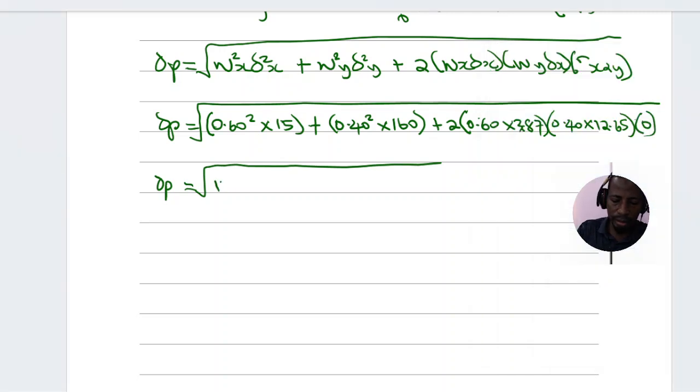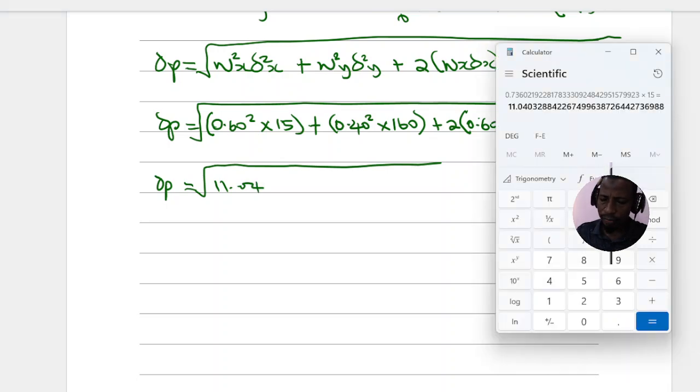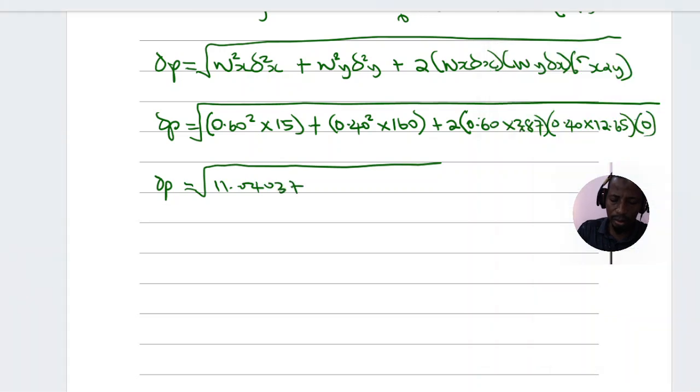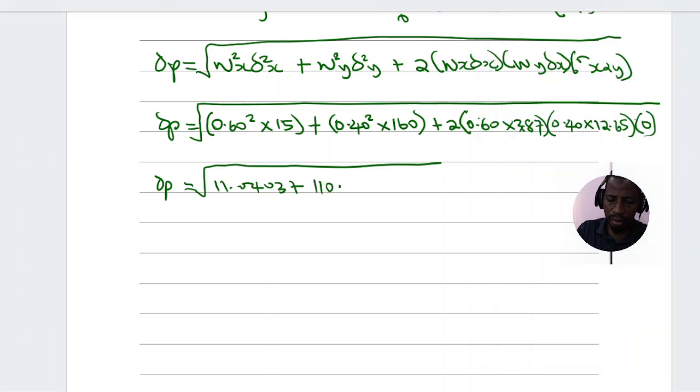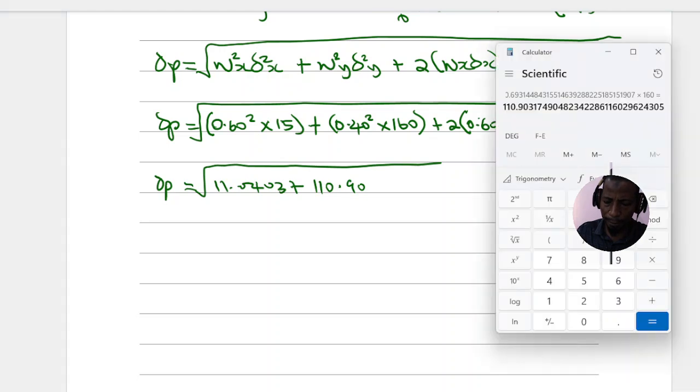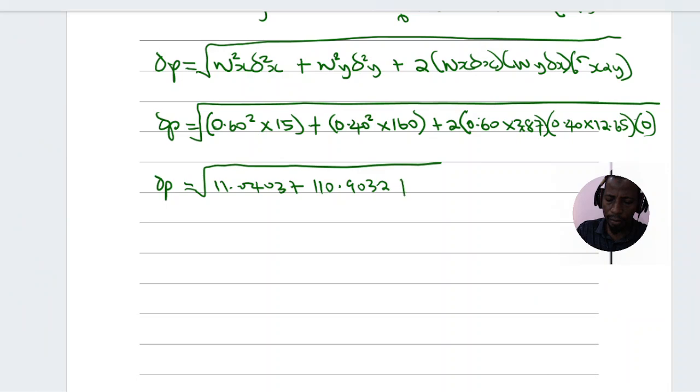Here is 11.0403, plus 0.4 square, 0.4 square equal, then multiply by 160 equal to 110.9032, plus